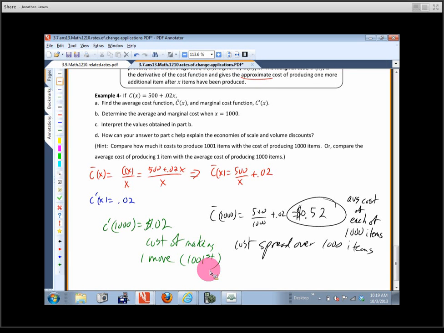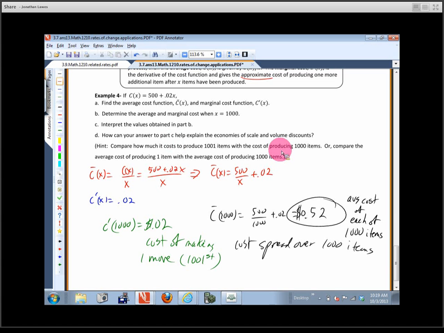That's pretty good. So after you make 1,000 of them, and in this simplified example, they're all 2 cents a piece, right? It wouldn't matter which one you made. Every one of them costs 2 cents, right? Okay? If every one of them costs 2 cents a piece, this is where we've got to start thinking about this, and this is where we're getting to how can your answer in part C help explain the economies of